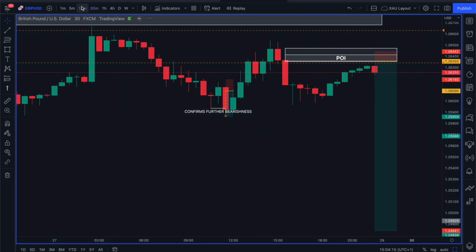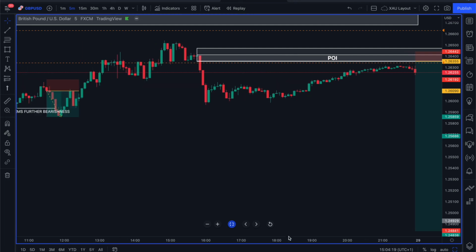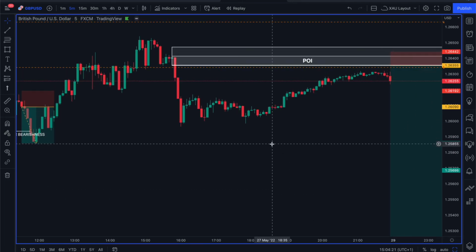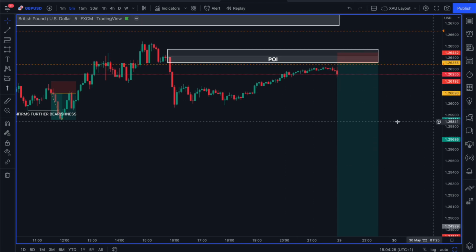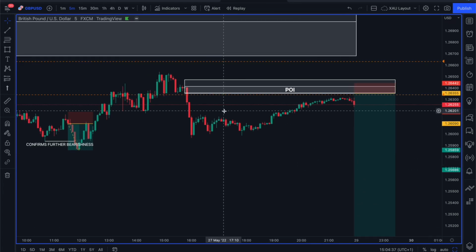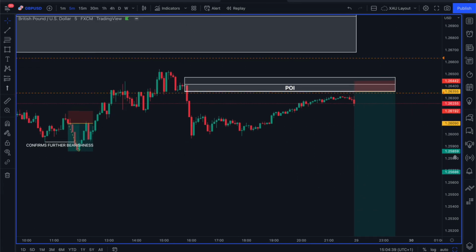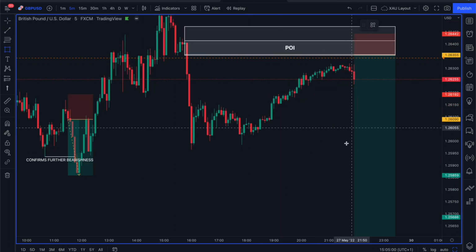Now, I was hesitant and I was thinking, well, maybe it's not going to tap into it just yet. Maybe we can expect a shorter term bearish leg lower, and then trail back up, penetrate that higher time frame point of interest, and then we will see the next higher time frame impulse down. So I obviously have this area highlighted here as well. Price obviously hasn't tapped into it just yet,